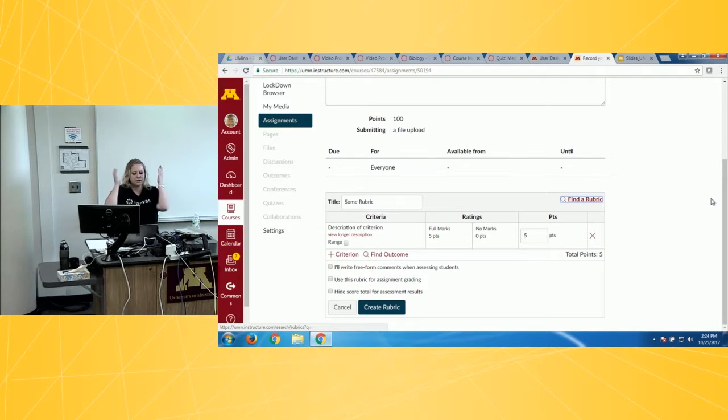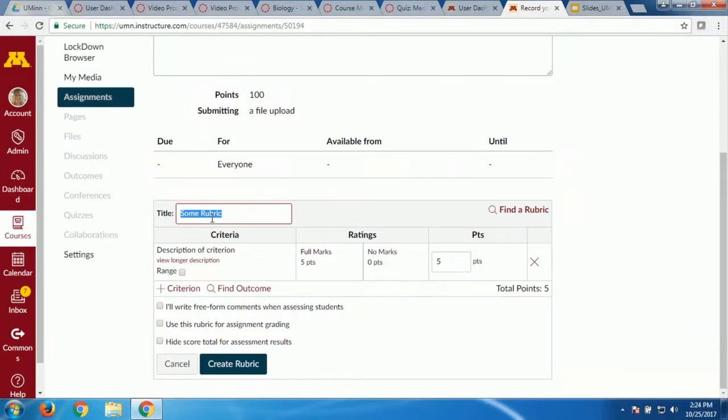All right, so with that being said, how do you build a rubric in here? It's very straightforward. As soon as you save an assignment, you get that plus button. Title the rubric. So this is for recording a speech, so I can say speech rubric. This little find a rubric, there's one sharing way to do rubrics by department. The admins of the department can share rubrics with the whole department. That's one way. Instructors don't have any control over that.